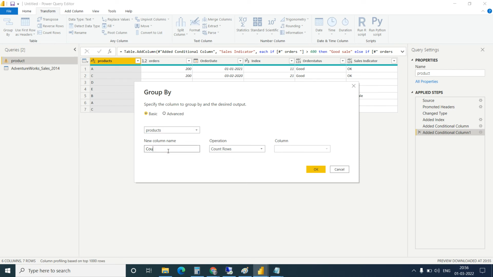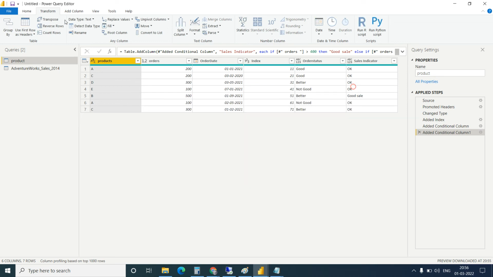I want to take a new column that is the sum of orders. What operation do you want to do? Sum, right? Based on the product column, we are doing a sum on the orders column. This is a Transform, sorry.